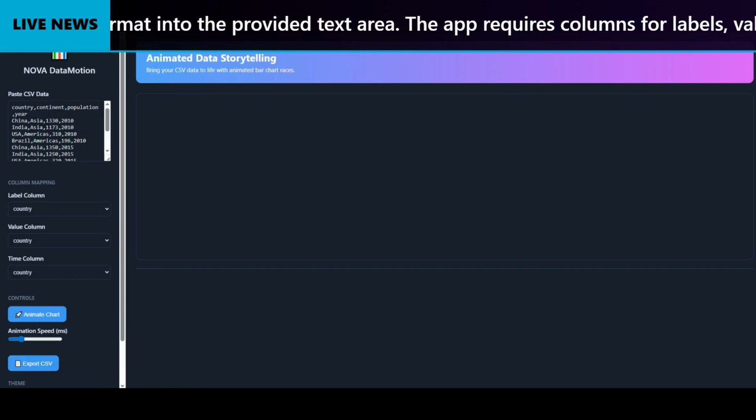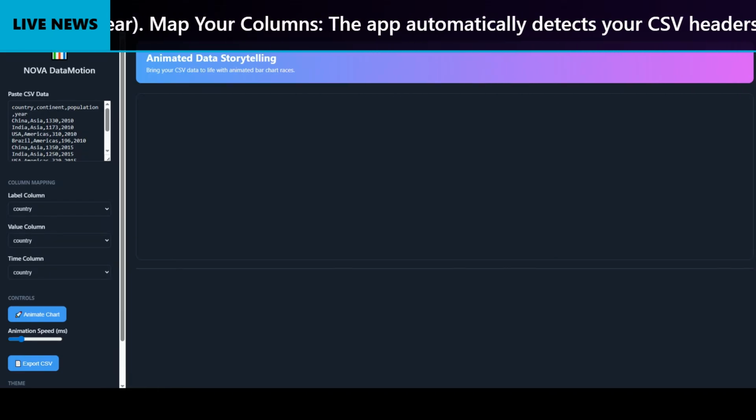Control the playback. Adjust the animation speed using the slider to slow down or speed up the transitions between